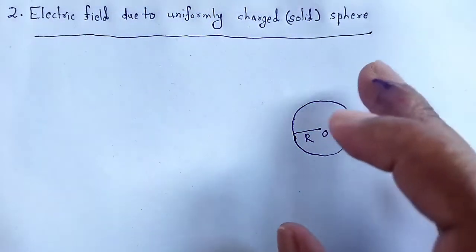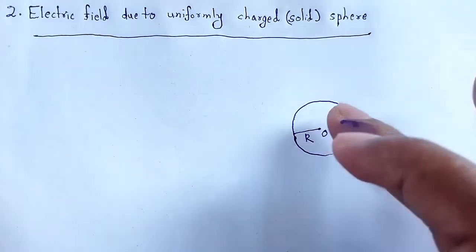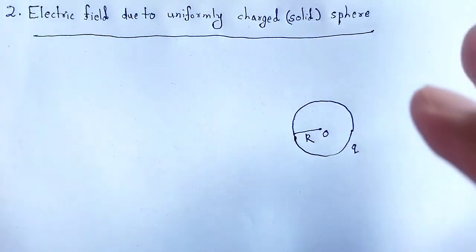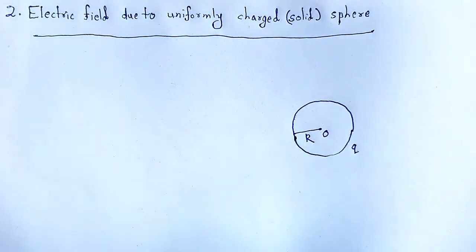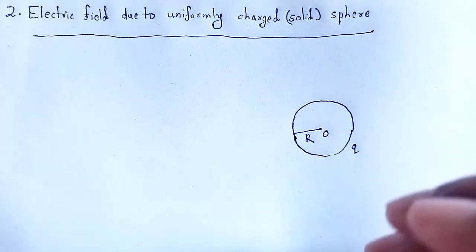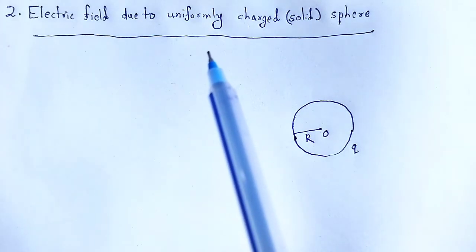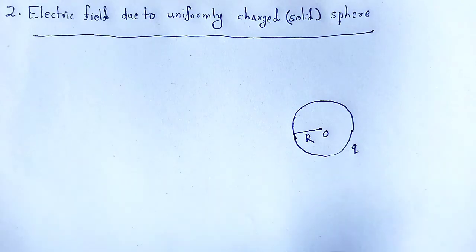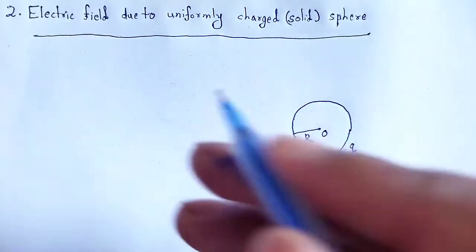That point is either outside, inside, or on the surface. There are three possible cases, and in each case we find the electric field due to that uniformly charged sphere. So here, case number 1,